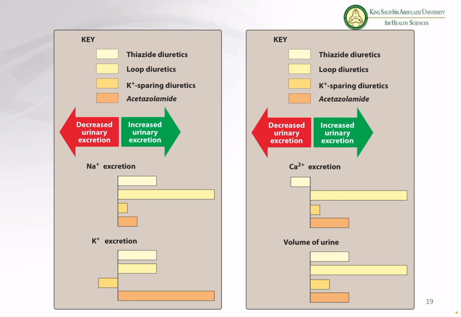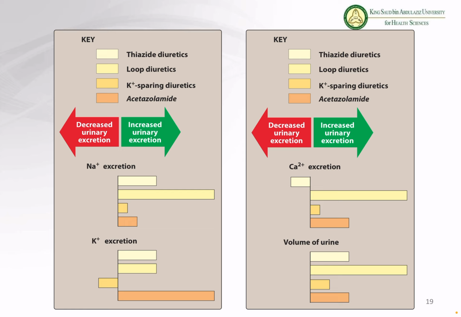Then we move to the last slide, a very important slide. If you remember, in the beginning I told you that the main problem with the use of these diuretics is the electrolyte abnormality. We have other adverse effects also, but those other effects are reversible. The main problem is the electrolyte abnormality. We discussed last time also potassium, calcium, chloride, all these are very, very important. If you have a low level of calcium in the blood, that is again a problem. If you have a high level of calcium, it's a problem.